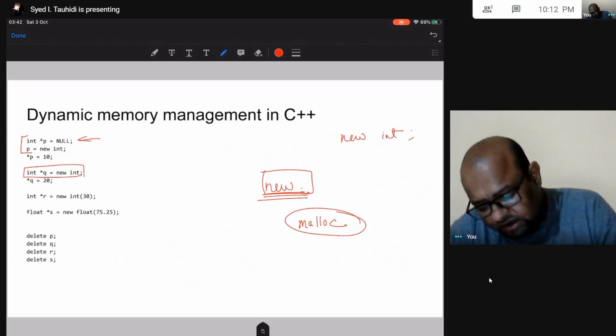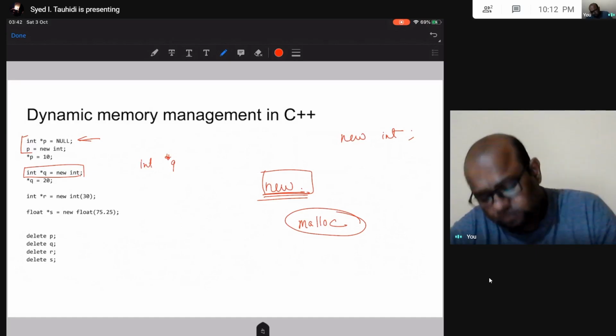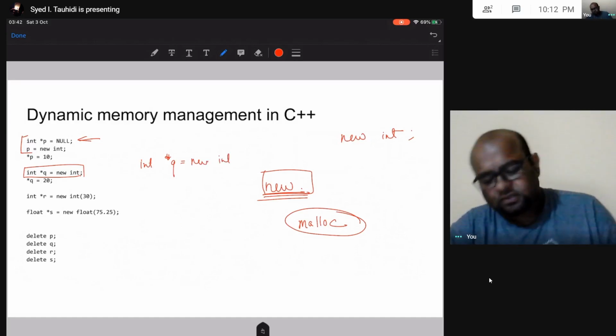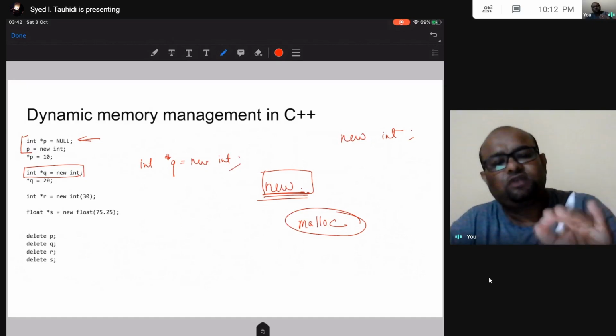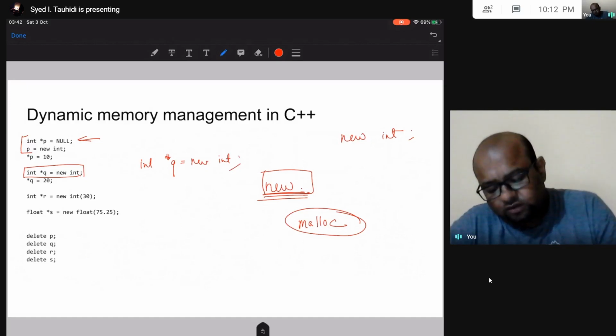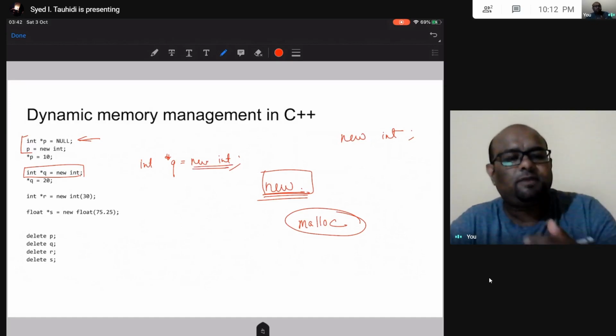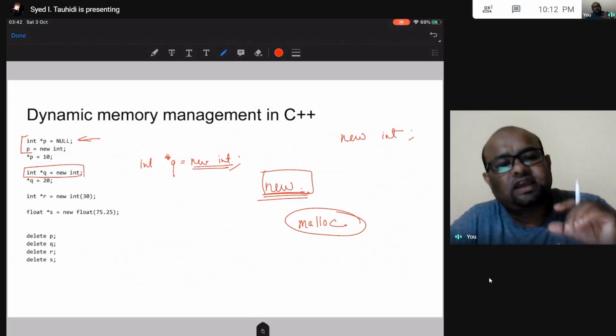I am going to write int, so let me not write p, I am writing q, same thing, new int. Okay, now q is a pointer variable and it is pointing to some place in heap. New int will allocate memory for me in heap, enough memory to store an integer.